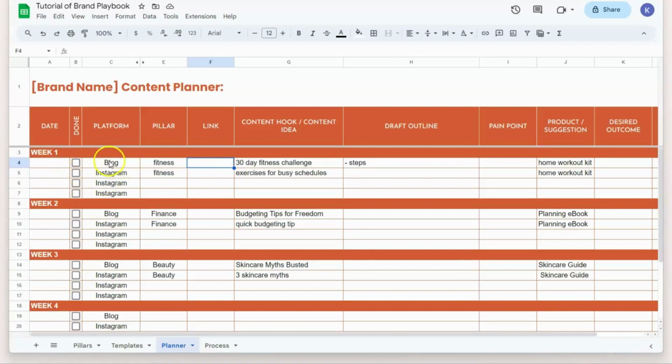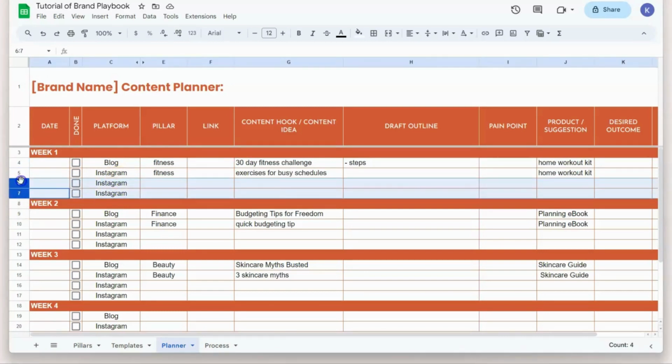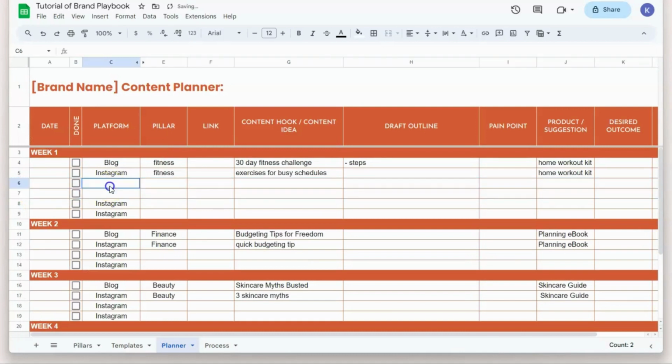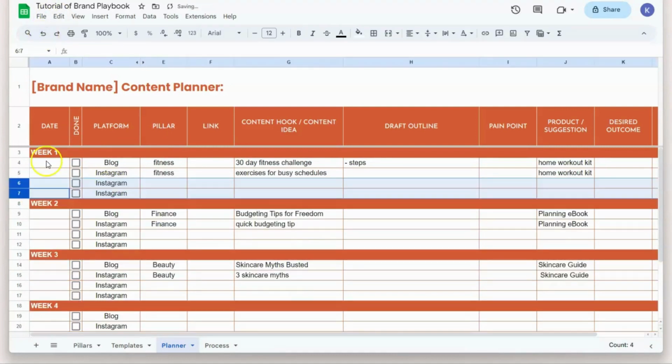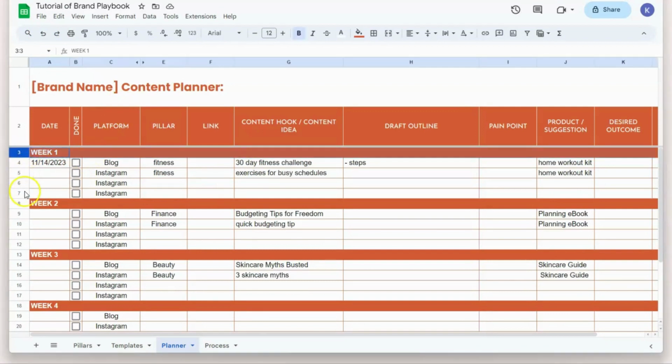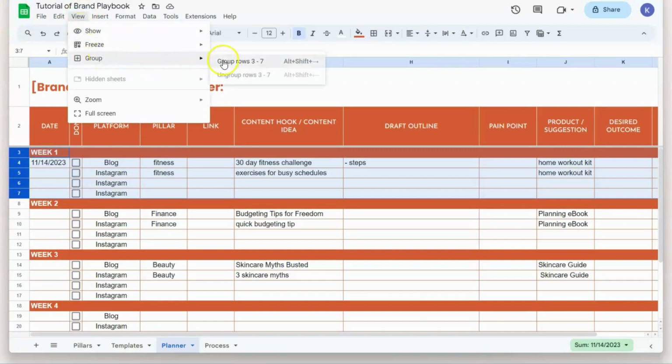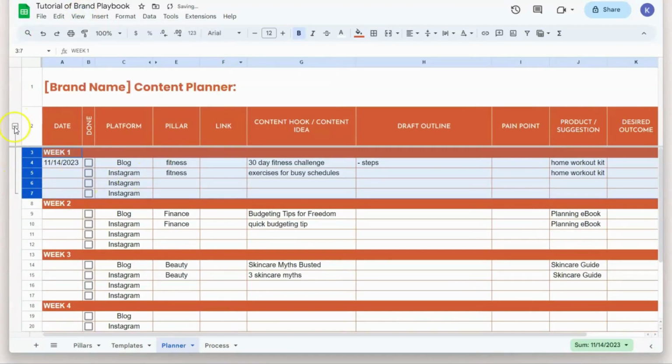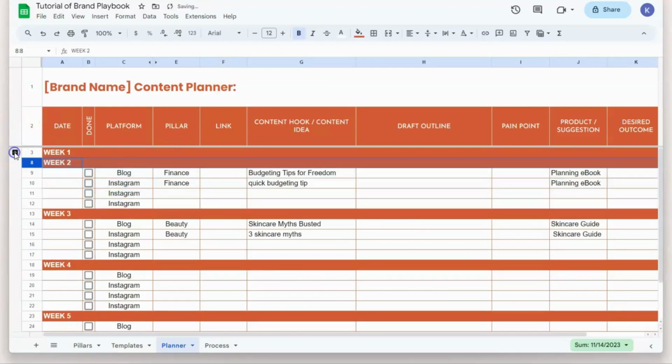On any given week, you might post on your blog and post on Instagram. You may even plan content for Facebook or TikTok. If that's the case, you can insert more rows and add more platforms. This column is also where you can put the date. And when you're finished with a week, you can also highlight the week, go to View, Group, and group all of those rows. And when you hit that, it'll close that section and you can move on to the next